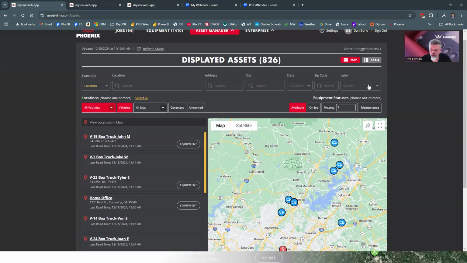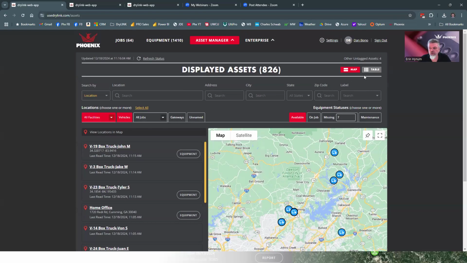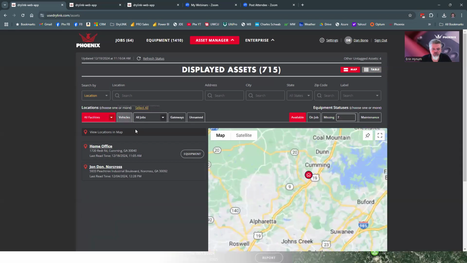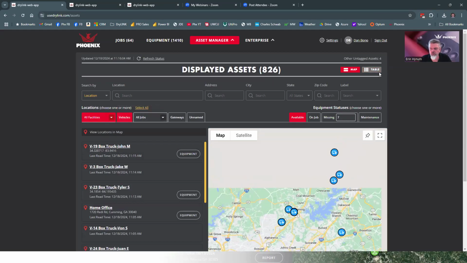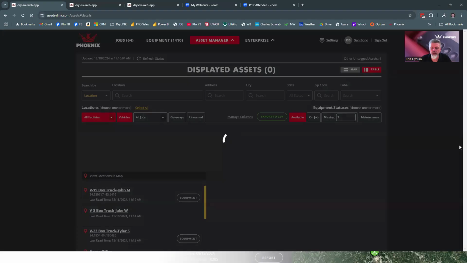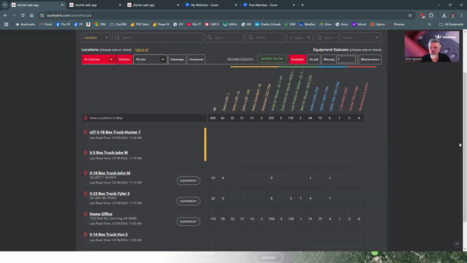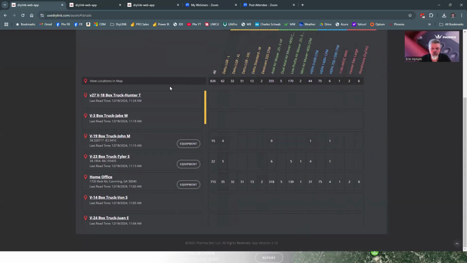Now, there's one more thing I want to show you on the screen, and this is called table view. I'm going to take the vehicles off. We'll just go with the facilities. Well, no, we'll keep the vehicles on. It'll be more interesting. So if I click on the table view, now we get a view where we have